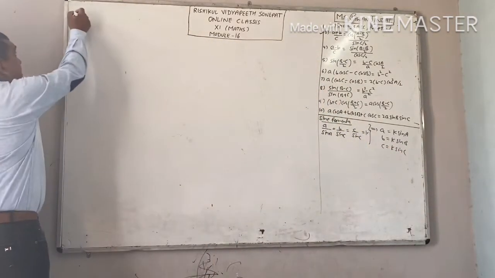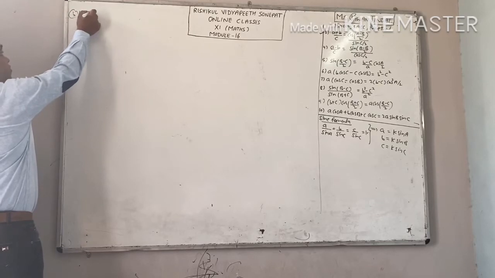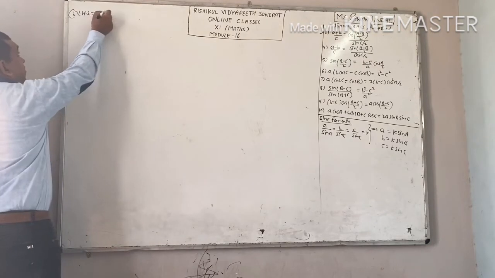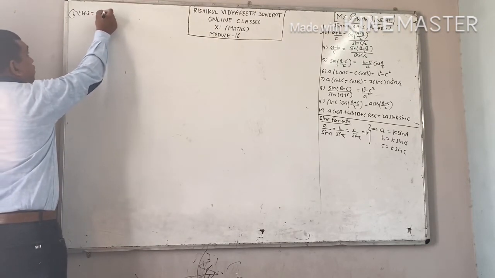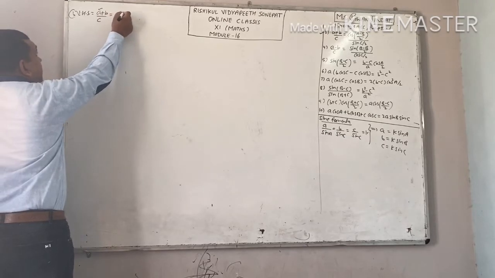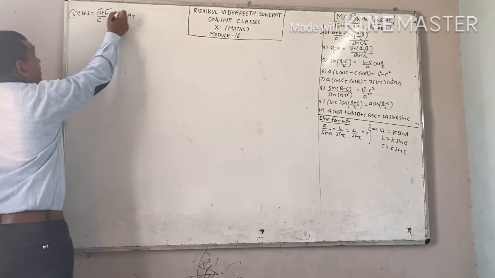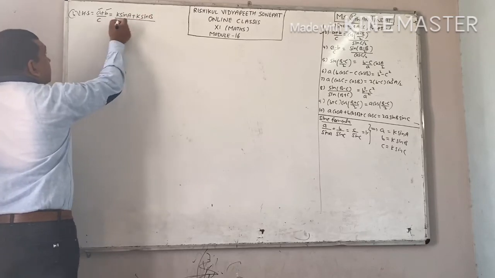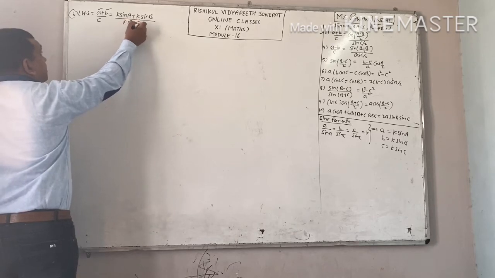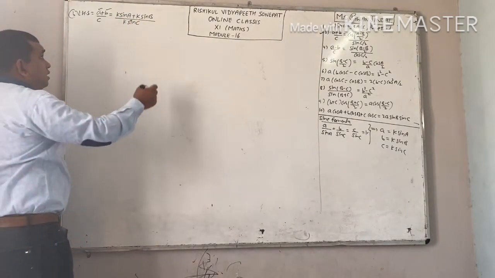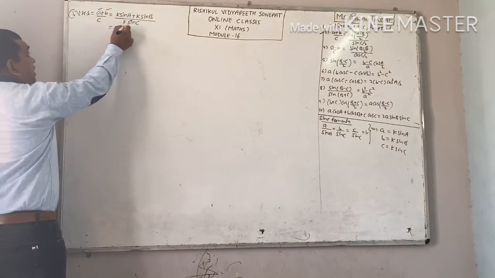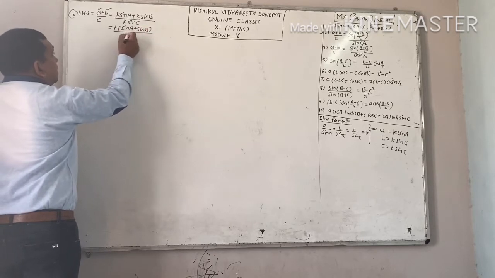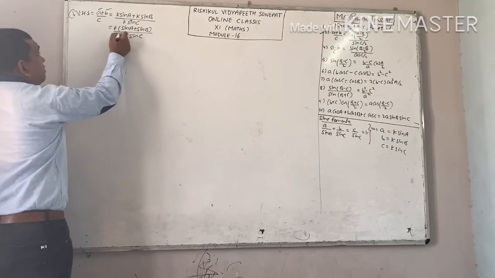See question number 3, and I am starting from the left hand side. Put the values of a, b, c in the left hand side. (a plus b) by c. Value of a is k sine a, value of b is k sine b, whole divided by value of c, that is k sine c. Now take k as common. You will get (sine a plus sine b) whole divided by k sine c. This k will be cancelled out.